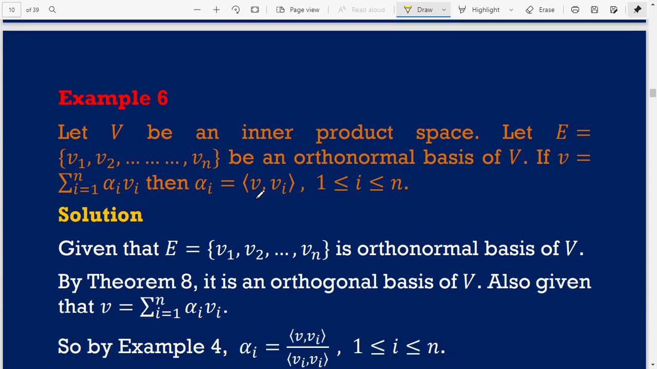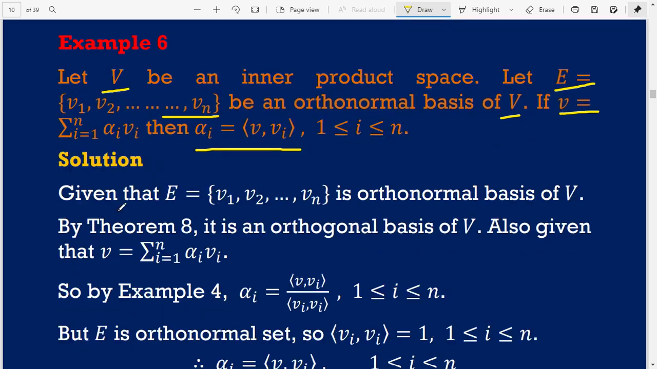Now the example: let V be an inner product space. Let E is equal to V1, V2 up to Vn be an orthonormal basis of V. If v is equal to summation i is equal to 1 to n of alpha i Vi, then alpha i is equal to inner product v with Vi, for 1 less than or equal to i less than or equal to n. Solution: given that